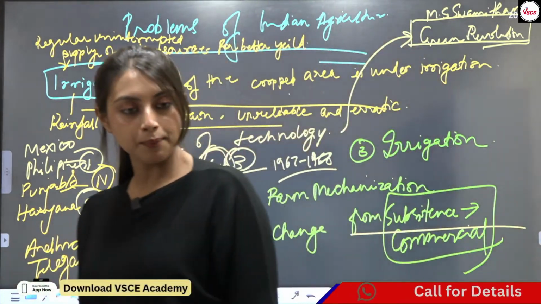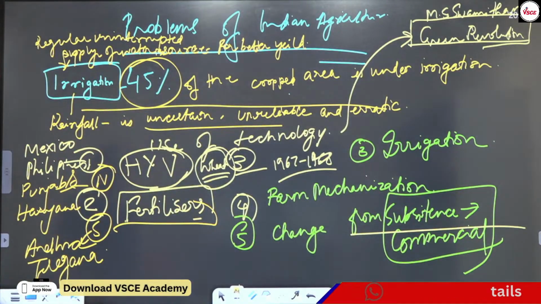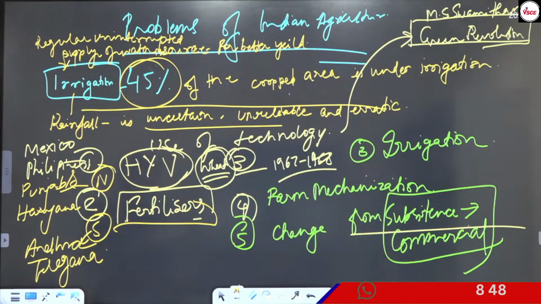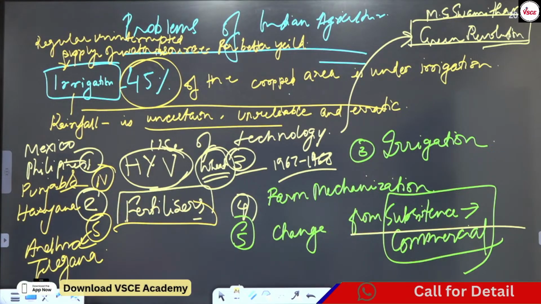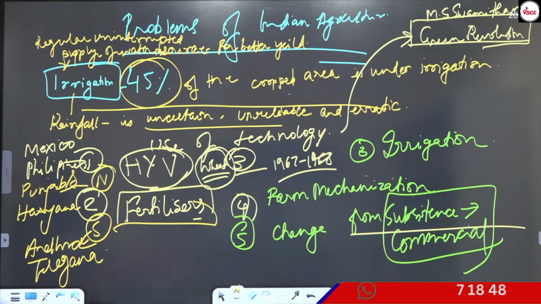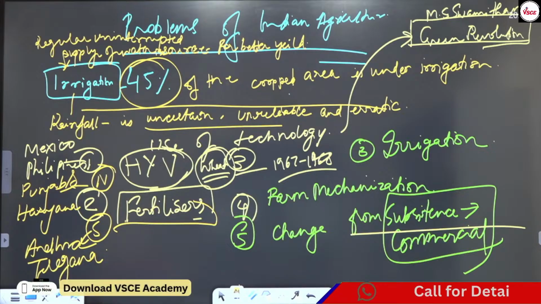So if you are doing something in return for something, that is called commercialization of that particular thing. Now in subsistence agriculture, the farmer produces crops only to feed his family and members. Primitive subsistence agriculture has always been seen, but now we are shifting to commercial agriculture. Productivity per unit area and per laborer was also very low, right?